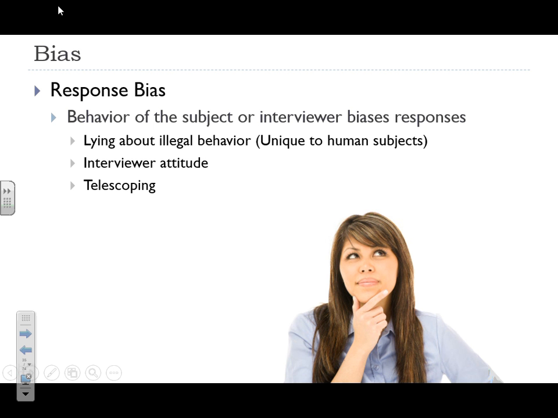Telescoping is when you ask people to recall from memory. If you ask them to recall an event from memory, memory is often extremely unreliable. You can have 10 different people witness the exact same event, and all 10 people might have a completely different account of what happened. When you remember things, you are not always remembering exactly what happened. You'll have gaps that your brain will try to connect with whatever would most logically make sense to you. So when you ask people to remember things, more often than not, you're going to get unreliable information because no